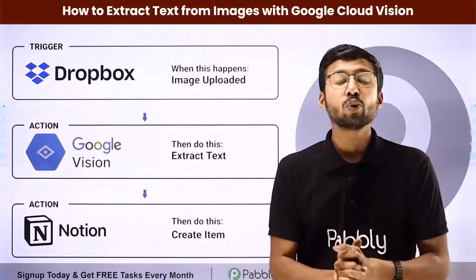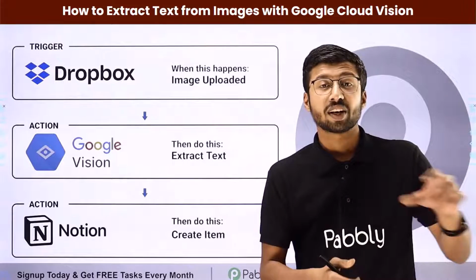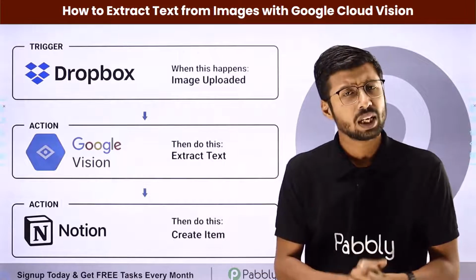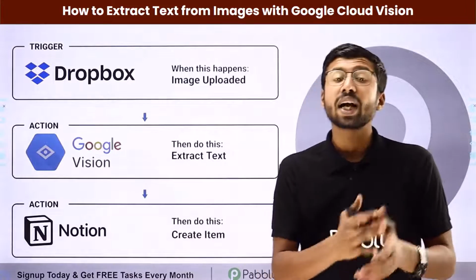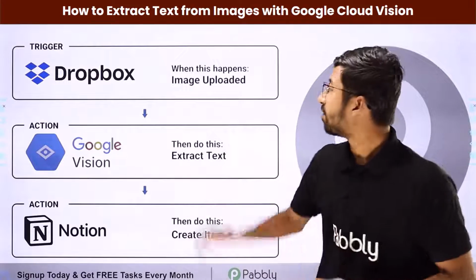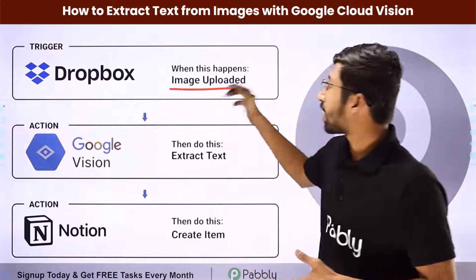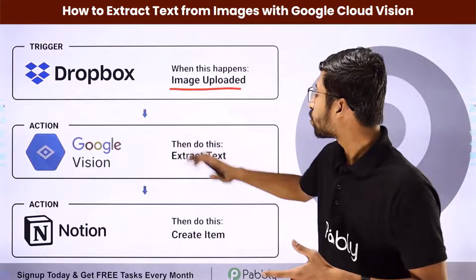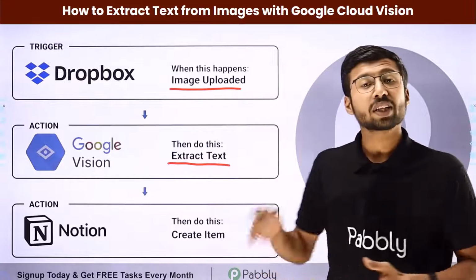Now guys, let me tell you, you can completely automate the process of extracting text and adding those text details in some application, for example like Notion. Suppose, for example, you are adding those images with some text into your Dropbox. So this automation will be like, whenever you upload an image with some text in Dropbox, automatically this automation will trigger, and then using Google Cloud Vision, we are going to extract the text we have in